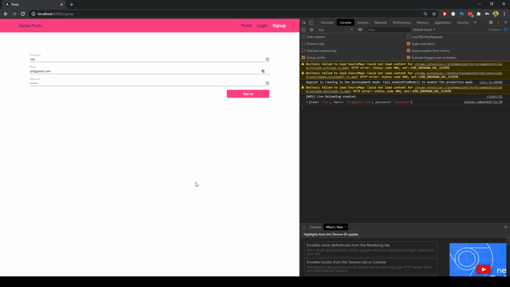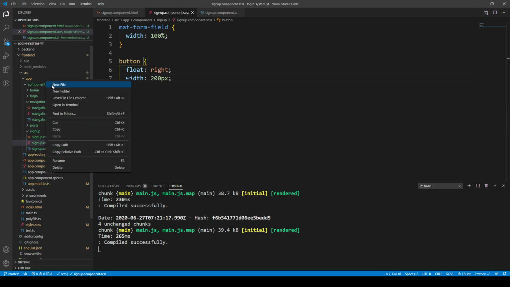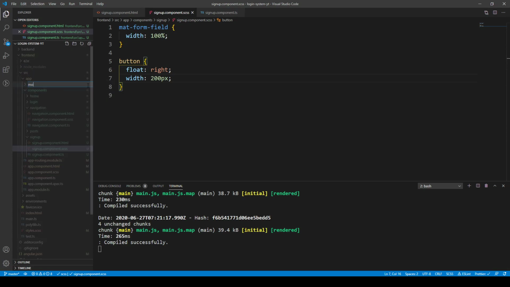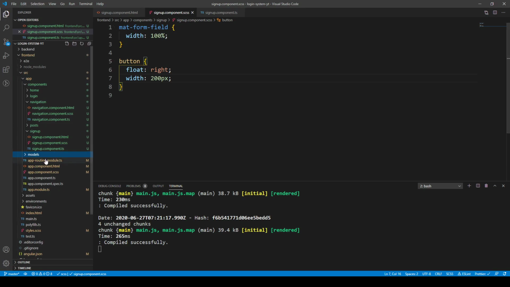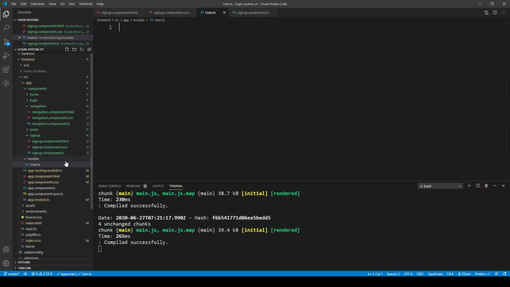So essentially we're going to be using HTTP requests with the help of RxJS and TypeScript to successfully create a user from the application. So first things first, let's open up the application, and in the app I'm going to create a new folder called models. And inside this models folder, I'm going to create a file called user with capital U, TypeScript